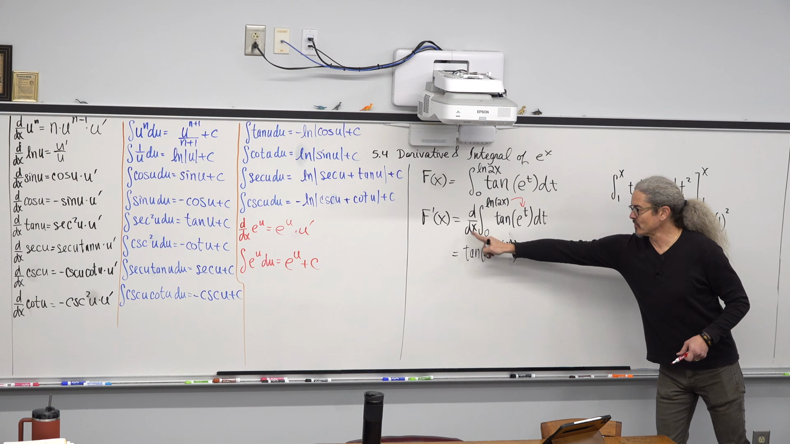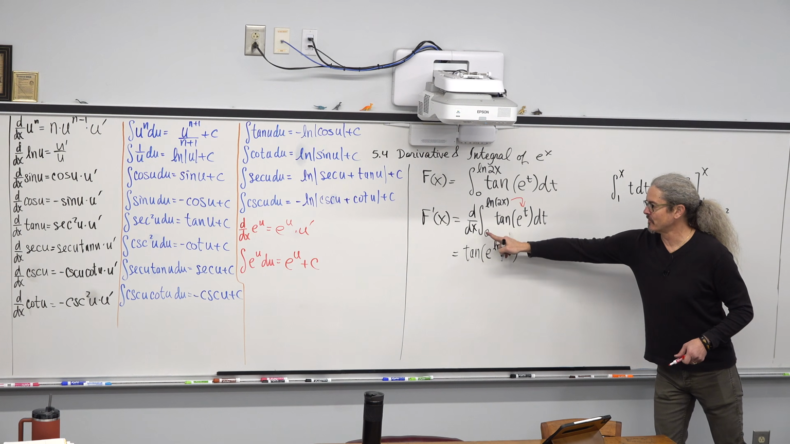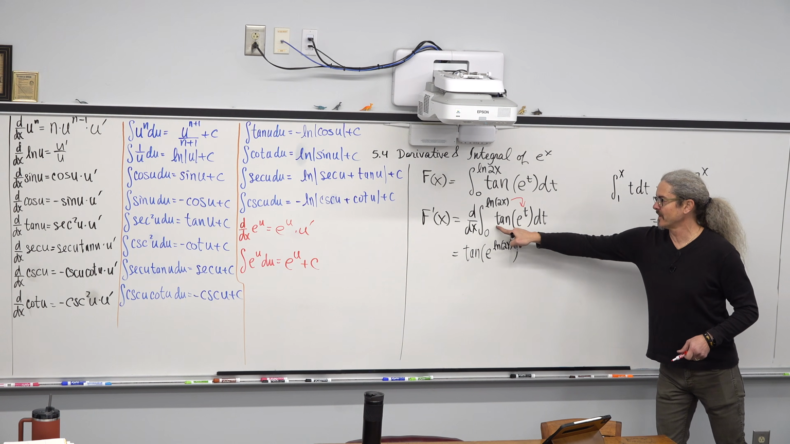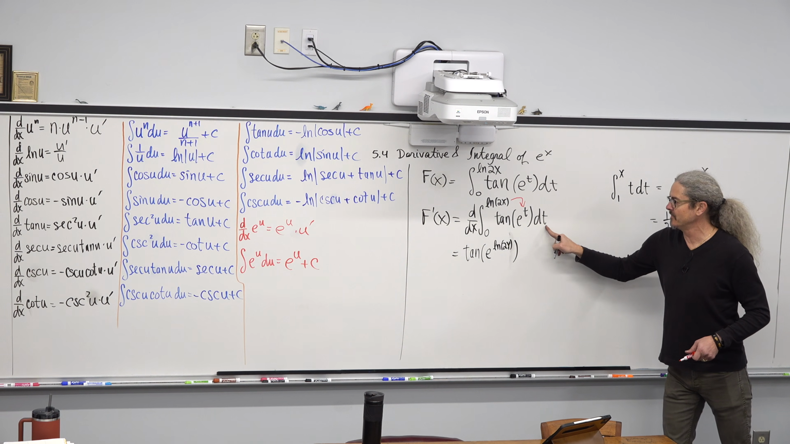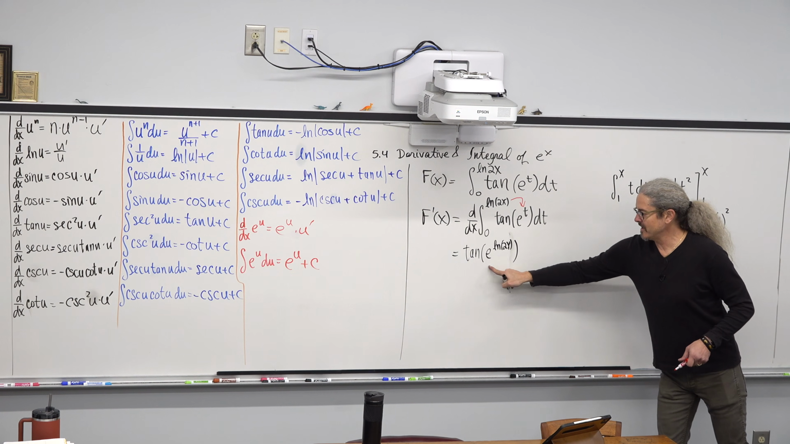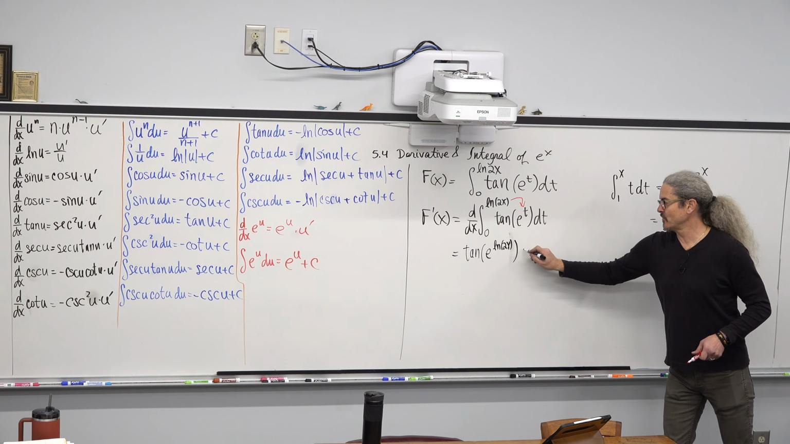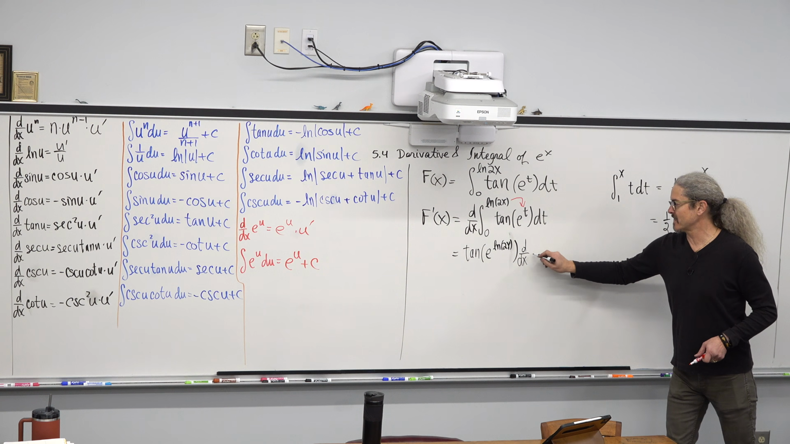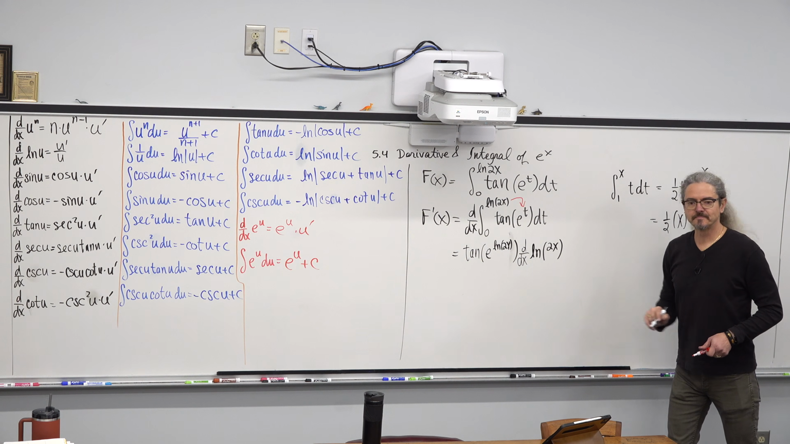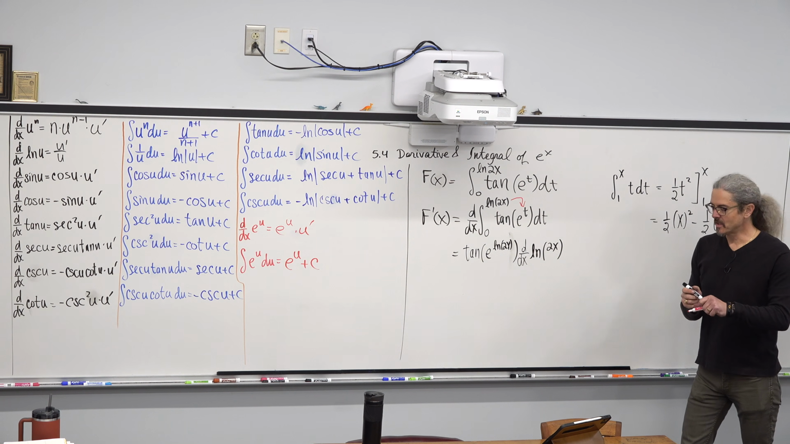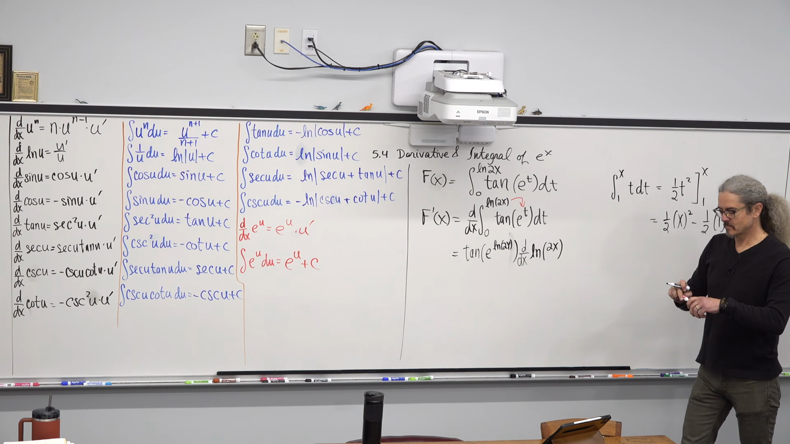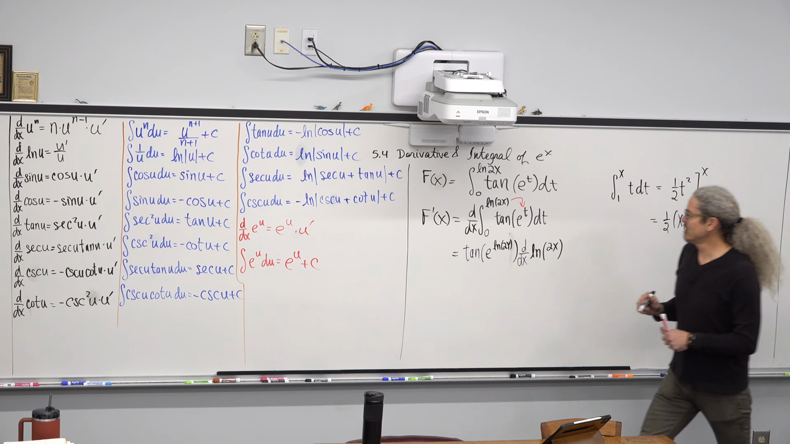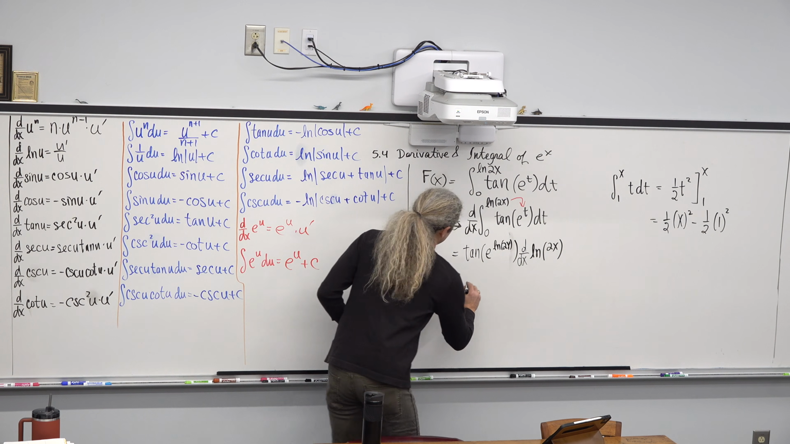So we're going to have the derivative with respect to x of a definite integral from 0 to the natural log of 2x of tangent of e to the t dt is the tangent of e to the natural log of 2x. And then we have to finish that chain rule, taking the derivative with respect to x of the natural log of 2x. And so, does that make sense? Okay. So then we have the tangent,